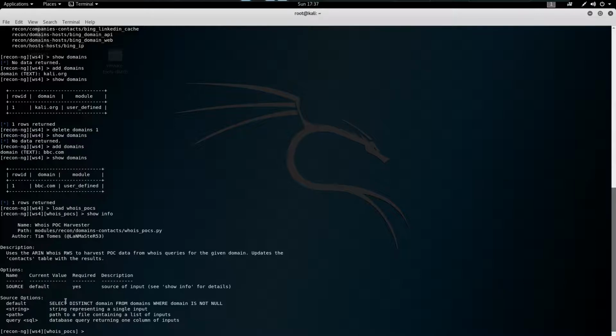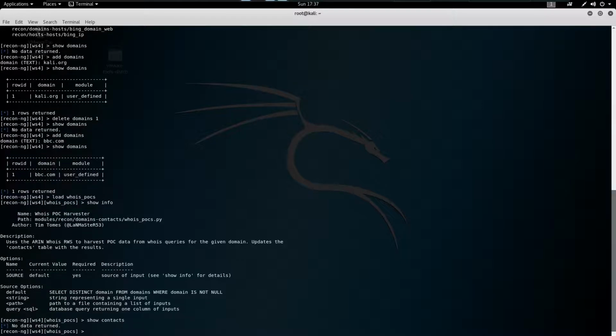From here you can see that it selects a domain from the domains table and updates the contacts in the contacts table. You can see that currently in the contacts table we have nothing. No data returned.